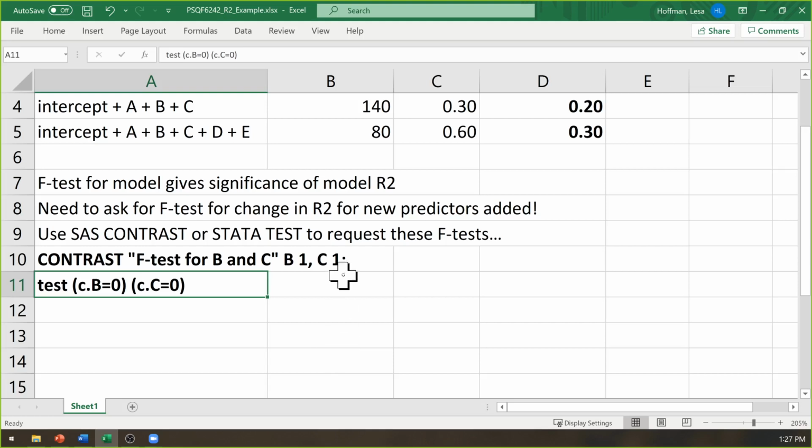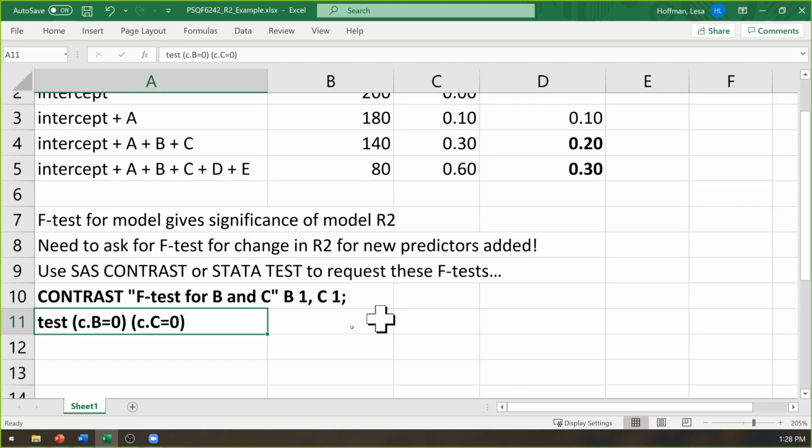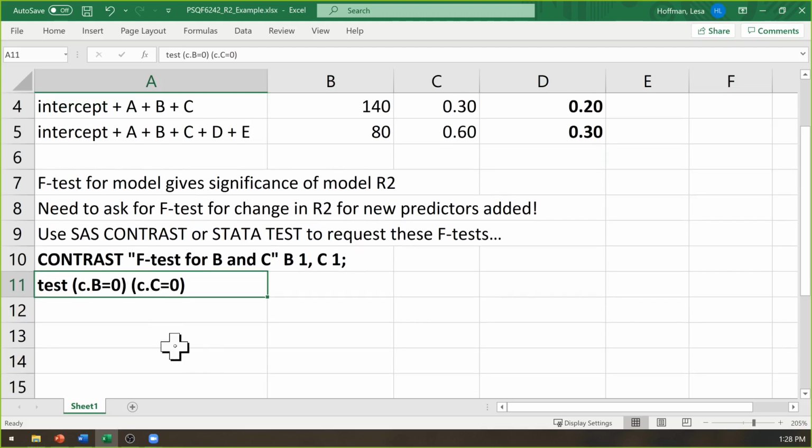And when you add in predictors in this kind of stepwise fashion, you can watch the R squared change between steps. And so I have questions on homework 5 as to what is the difference in variance accounted for. This is the one instance in which you're going to get a calculator out, because it's easier, it isn't worth the amount of effort it would take to program it. So you get an R square for each of your models. I want you to use simple subtraction just to find the difference between the R squares. The significance test for that R square then is provided by these test and contrast statements.